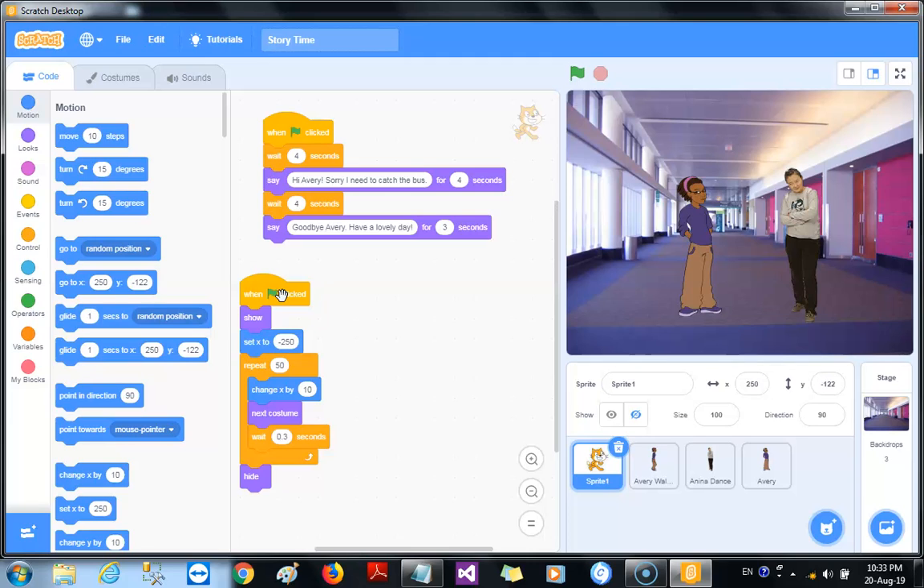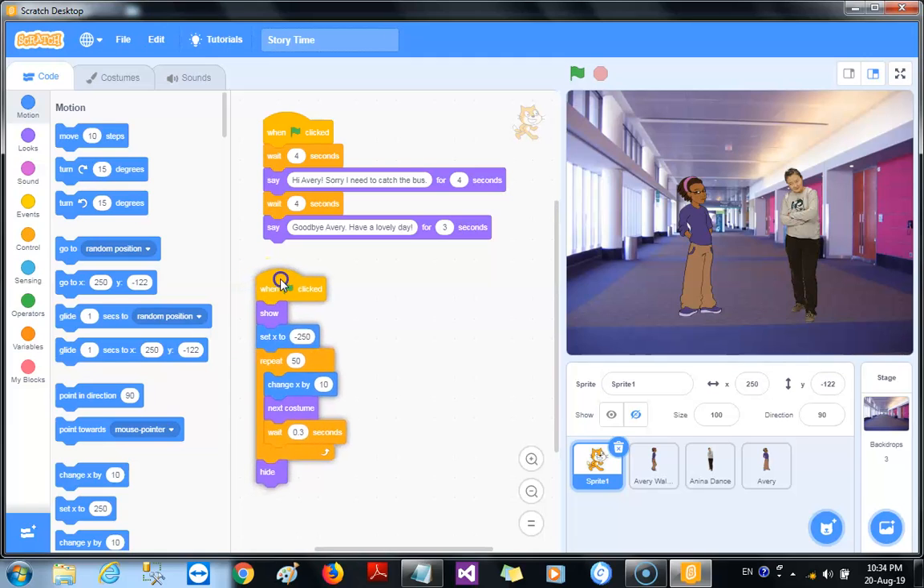Alright, now we were thinking of how to make Avery walk all the way to this point and then stop and then possibly change the costume from the walking costume to the costume where she was standing. However, we seem to have some challenges with that. So I decided to keep things really simple, okay, and that's why